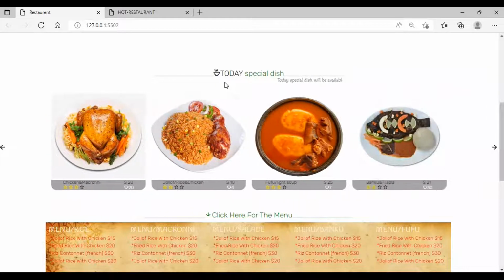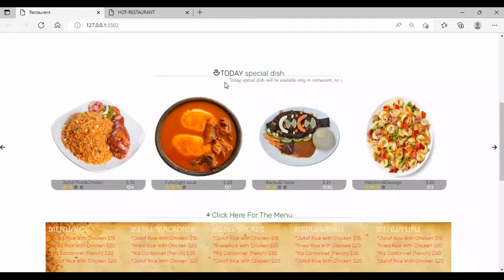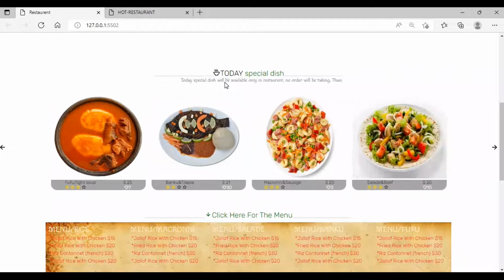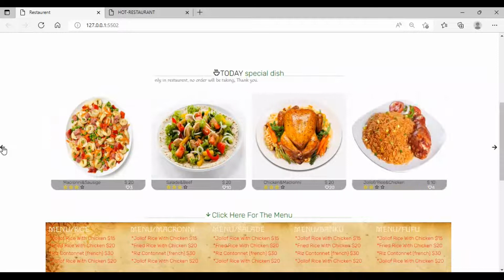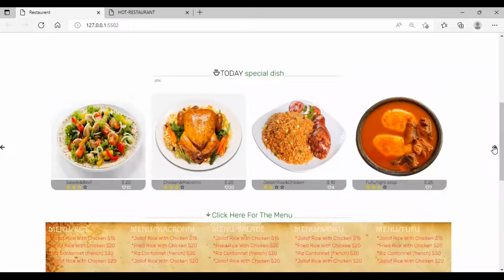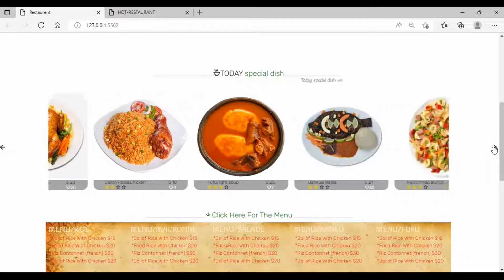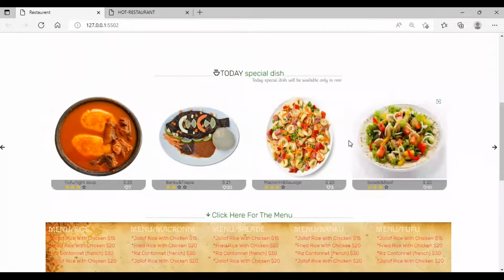we have our slider section. Inside our slider section, we have this arrow left and this arrow right. Also inside our slider, we have images. You see that you have various images which are sliding with text under them. You also have the image details: the name, the price, the stars. I will show you how to design the stars, and